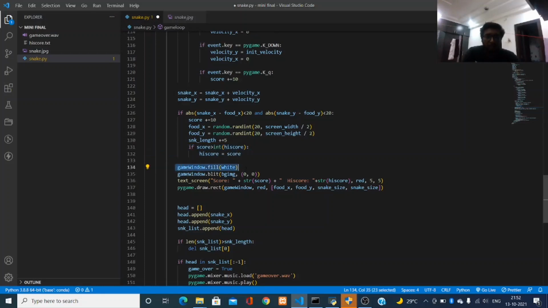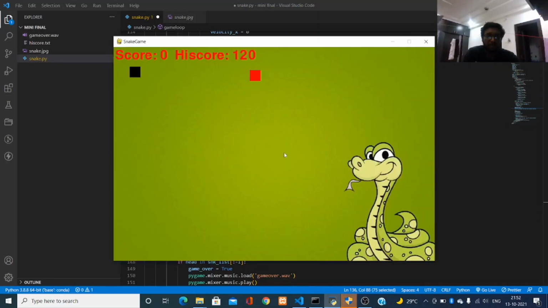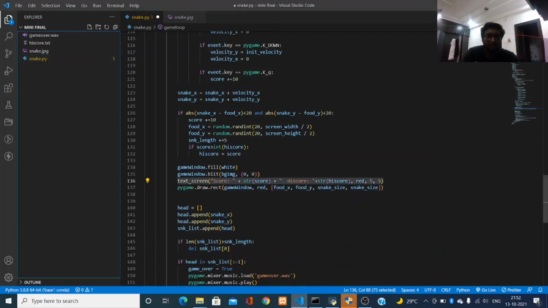Then the game window fill white, it will display the screen with a white color, and we have written the text screen function which will show the score and high score. Like this part will be done by this function.